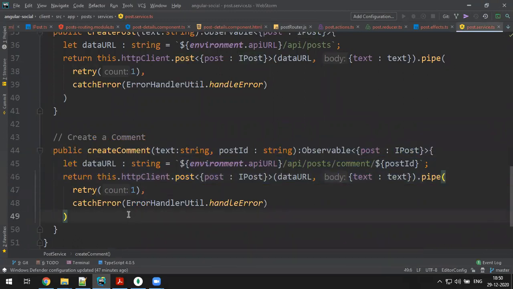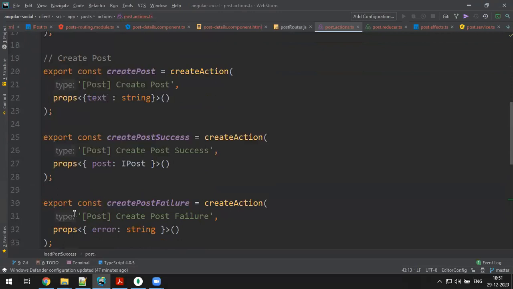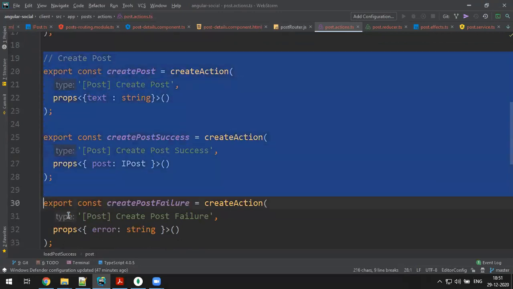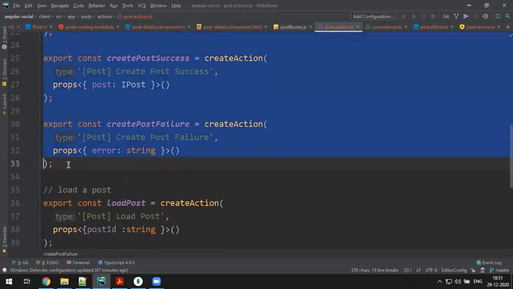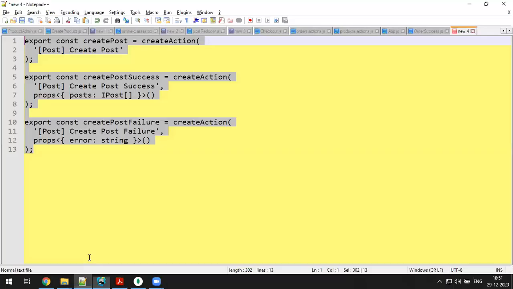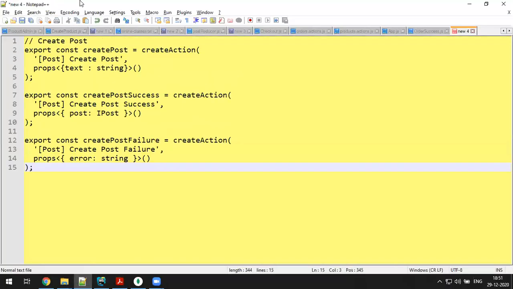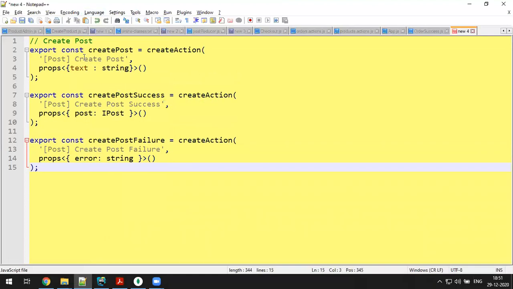Okay, now create an action, reducer, service. Sorry, action, reducer, effect. Action receives two props, one output. So here we have a create post, right? Same like this. Create post. I'll just grab it. So create post is there.